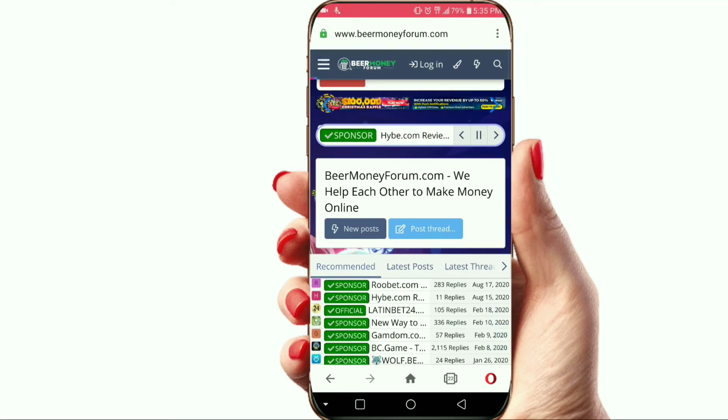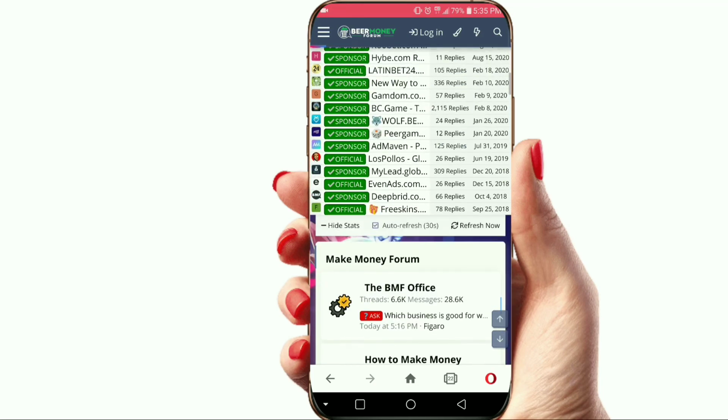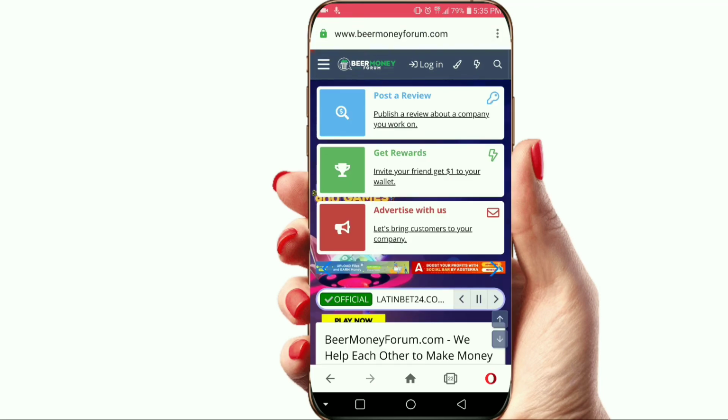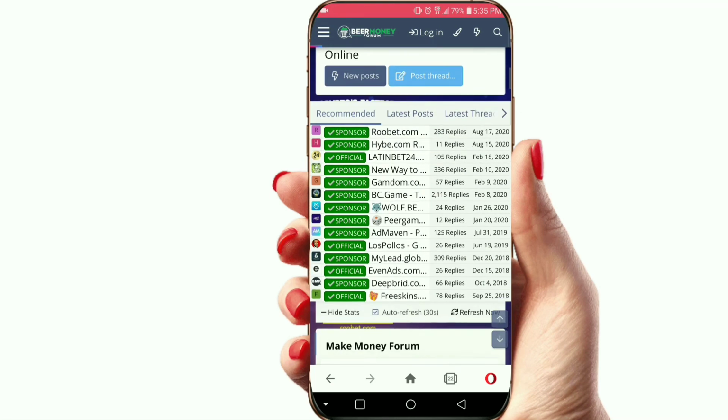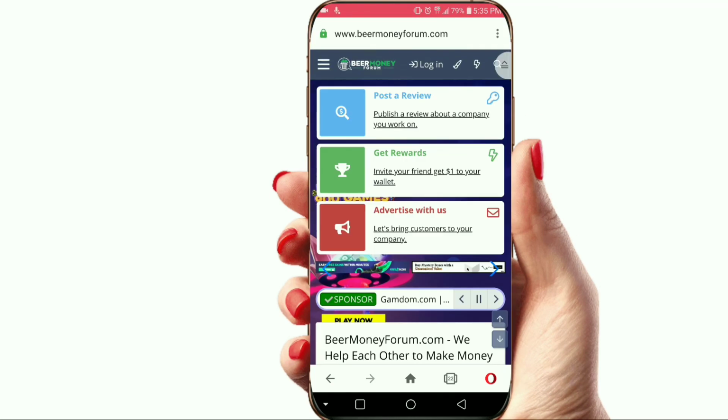When you're not logged in, they will not allow you to paste your thread. So you have to log in or sign up before you do that. I don't want this video to be long because it's very, very simple to sign up for any of these websites. So just post your template, and people will click on it. What you have to do is